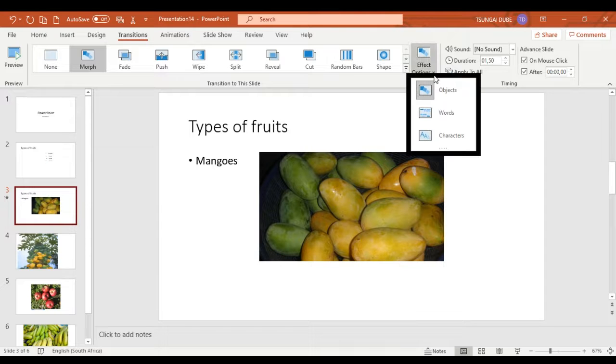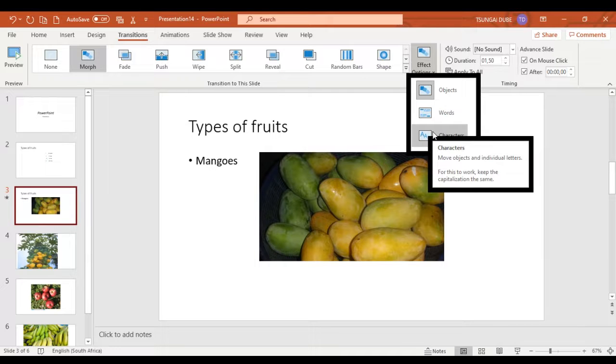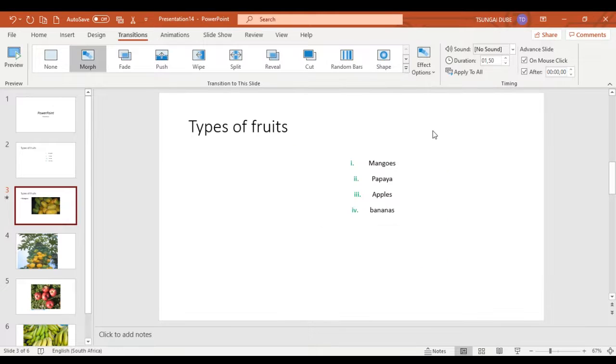If I click on this effect options drop-down list, you can see there are different options which I can select for this particular transition that I selected for my PowerPoint slides. I can choose the first effect option, which is to move objects like pictures and shapes, and I can also choose the second one, and the third option. Depending on what you are doing, it's advisable that you choose wisely. So I can choose maybe the first option,